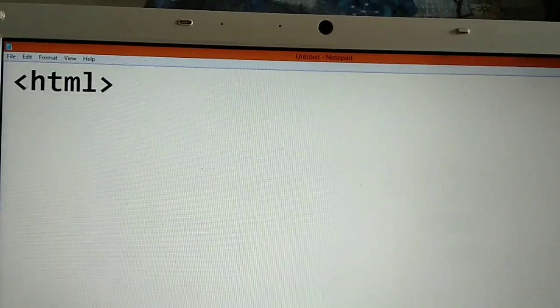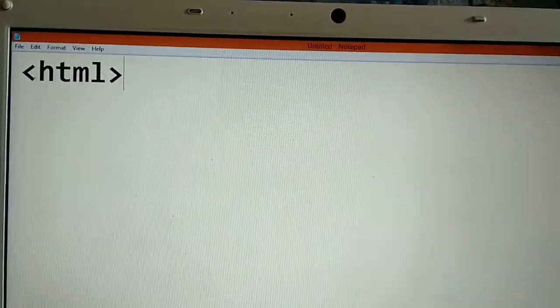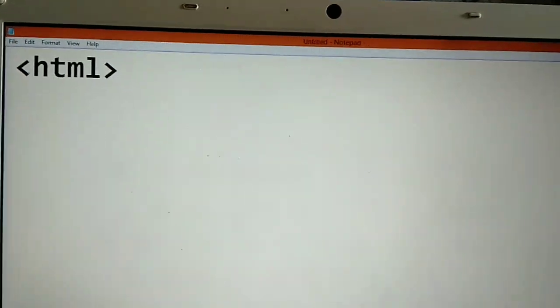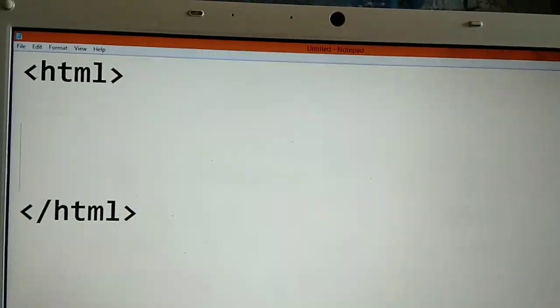Now next, if I want to write my HTML code, then how can I write it? In which editor do I have to write my HTML code? You can see the Notepad editor. If you want to write your HTML code, then you have to write it in Notepad or Notepad++. First of all, I have to write an opening angle bracket. In my opening angle bracket, I am writing HTML. Then the closing angle bracket, and that is the HTML tag. HTML tag is a container tag. That's why I am writing slash HTML. My HTML tag is over.